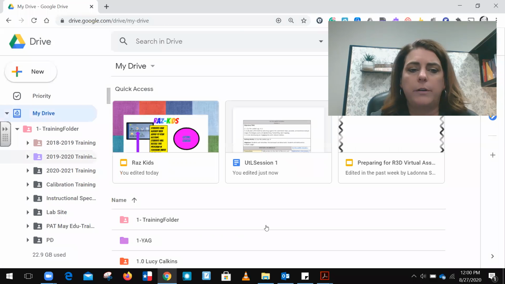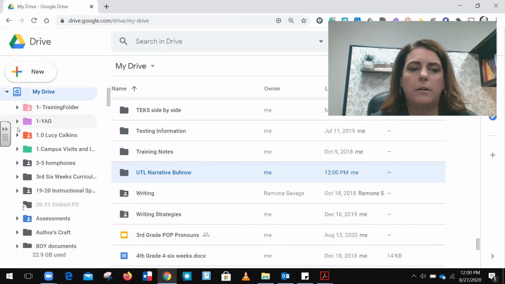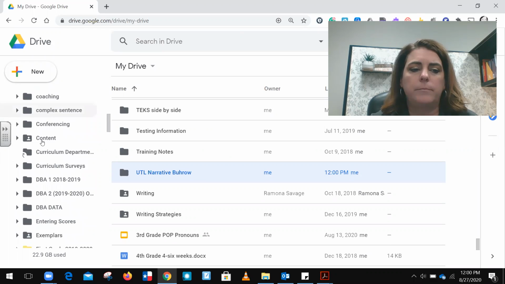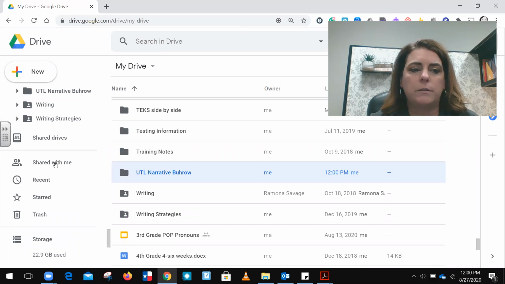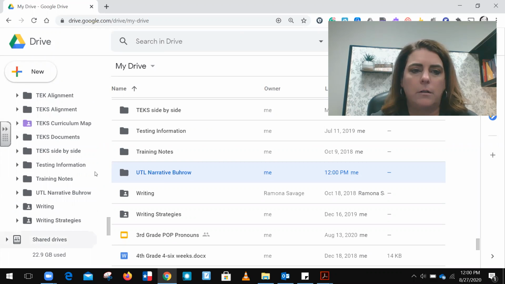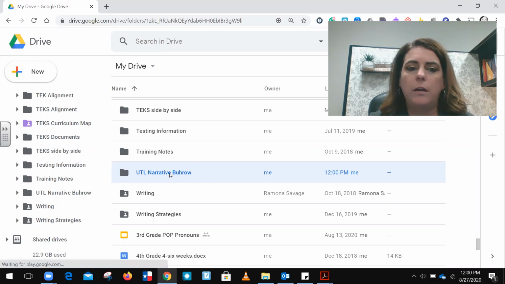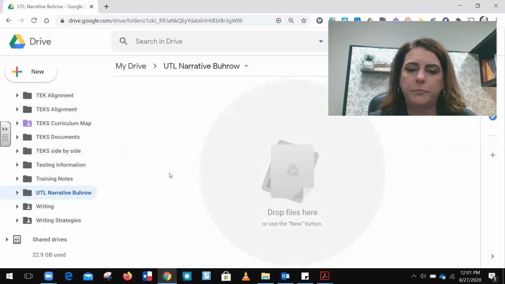So I'm going to go in, I have my Up the Ladder folder in here, go down. I'm sorry, I have lots of folders. Let's see if I can find it. There it is. Okay, so in that folder, once I have it, I'm going to want to create a template